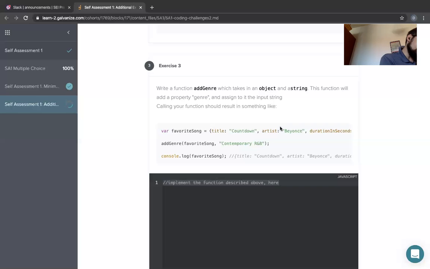That's the only thing that needs to be true, and that's already set up. So if that's the case, we're going to transform that object by adding a key and a value to it. So we're going to say favorite song at this new key genre, which will need to be wrapped in strings, is assigned to